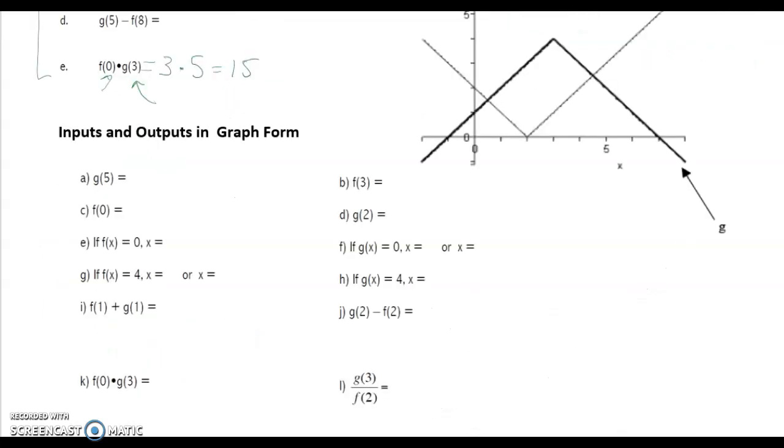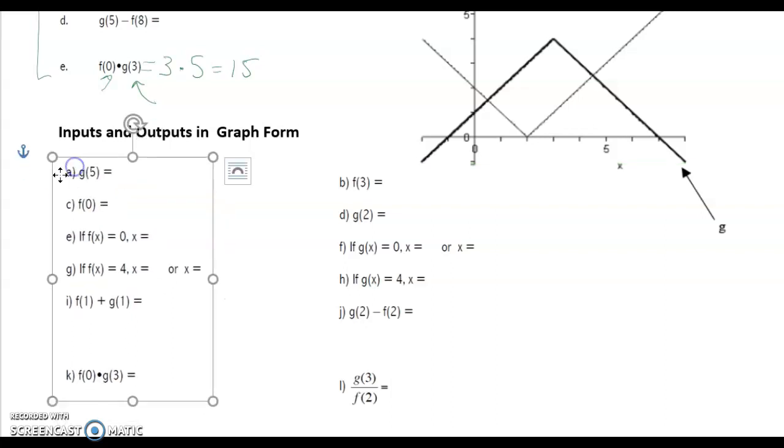We can also look at functions in graphical forms. So for instance, sorry,